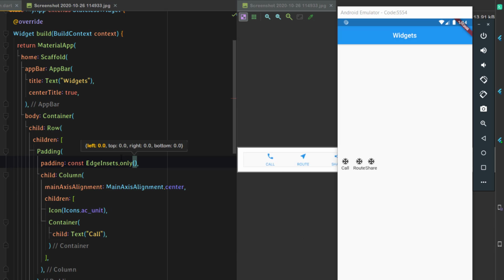Like if I want to add only for the right side, I can just type right and add the double value, that is 12, and just save. If I do like this, there will be no spacing between the first column and the border of the screen. This is only for like if you have it in the middle of the screen and you want to add padding between two widgets at the top and bottom, or like that, you can do. So now we had the padding between them. This was the first way by adding padding.